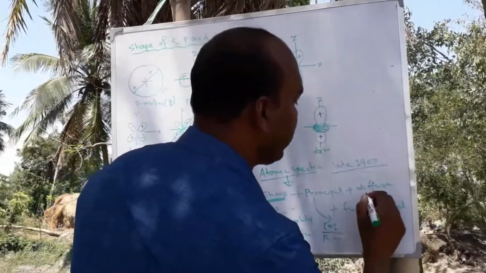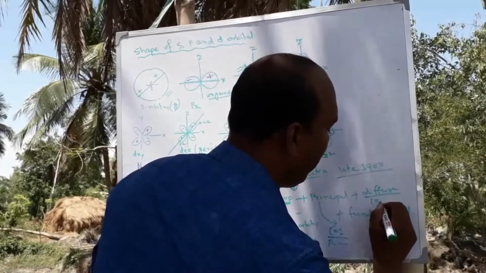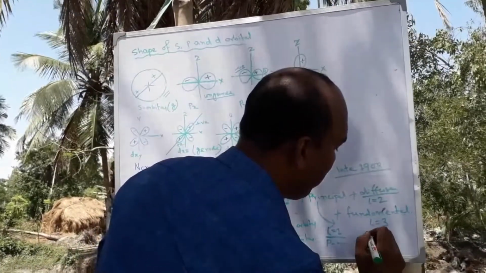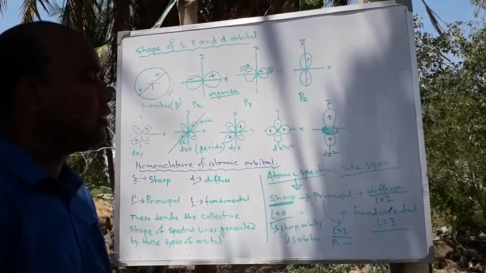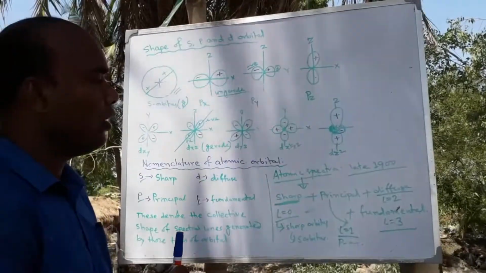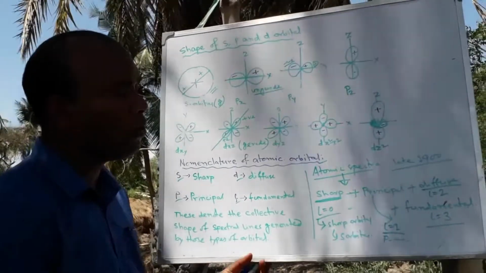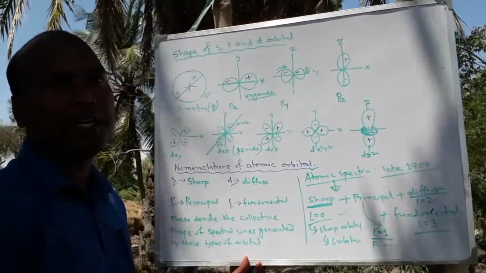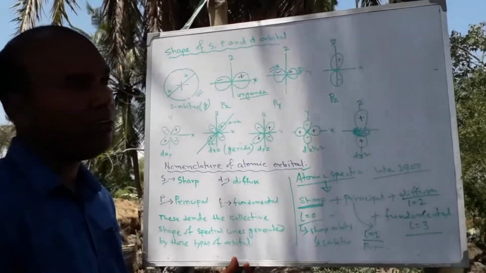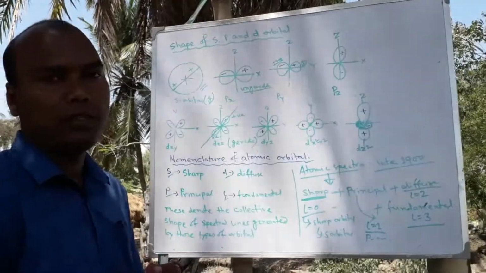Basically these lines are coming due to the transition from the atomic orbital having L equal to 2 and those having L equal to 0. So this is the reason why these orbitals are called S, P, D and F orbital. Another thing is that after the F orbital, the names of the atomic orbitals basically follow alphabetical order. That is, after F orbital, the next atomic orbital will be G, and so on.